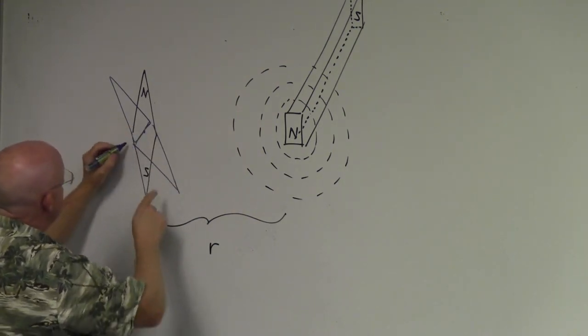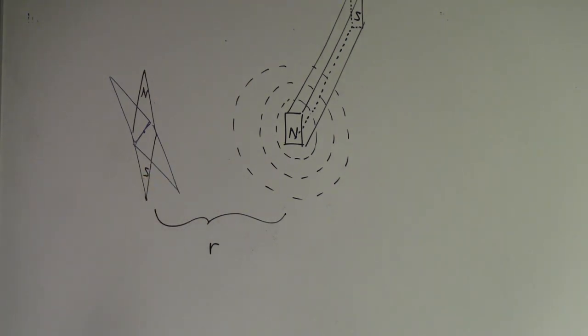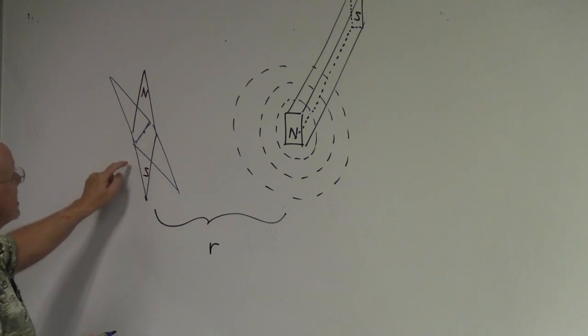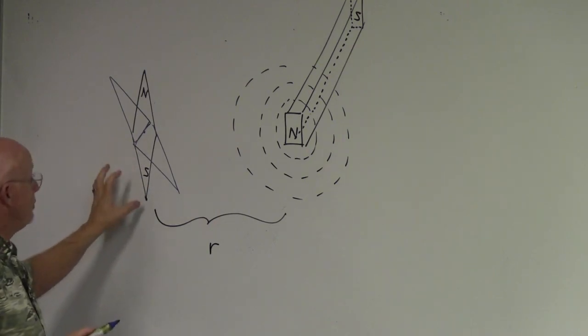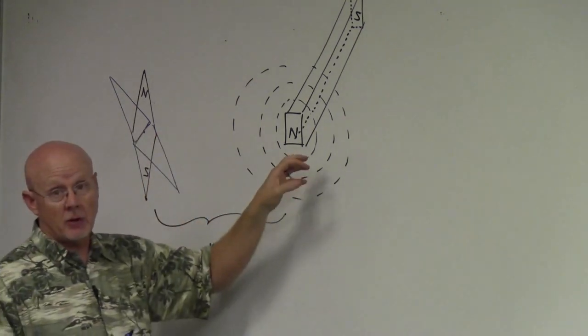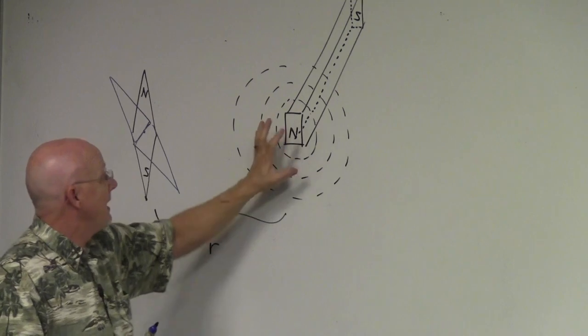And likewise, it'll trap this South Pole. And so I need to consider both poles and the effect of both poles on this compass. Because I would say the compass, the two poles are close together. So it's not like I have a monopole next to a monopole. I'm doing the best I can to get a monopole for this one, but it's going to have an effect